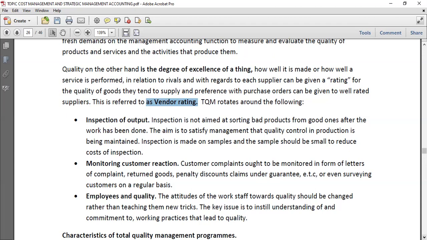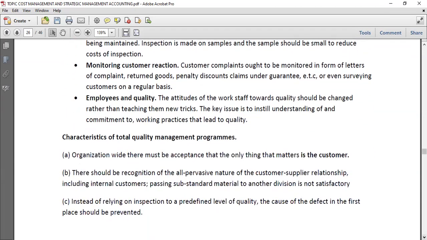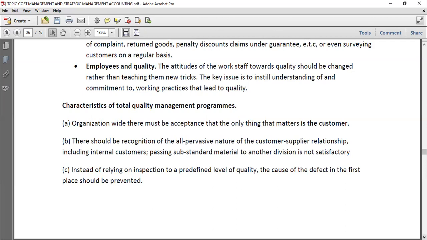Yeah, so that is it. Then we have the characteristics of the total quality management programs. Those could also be conditions, okay? As you can see,